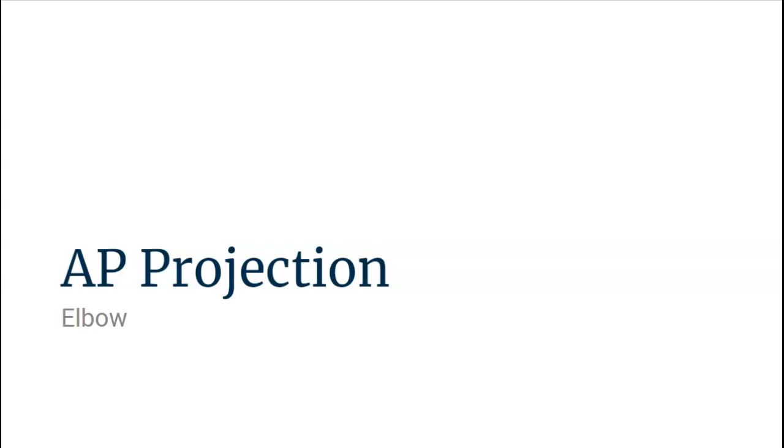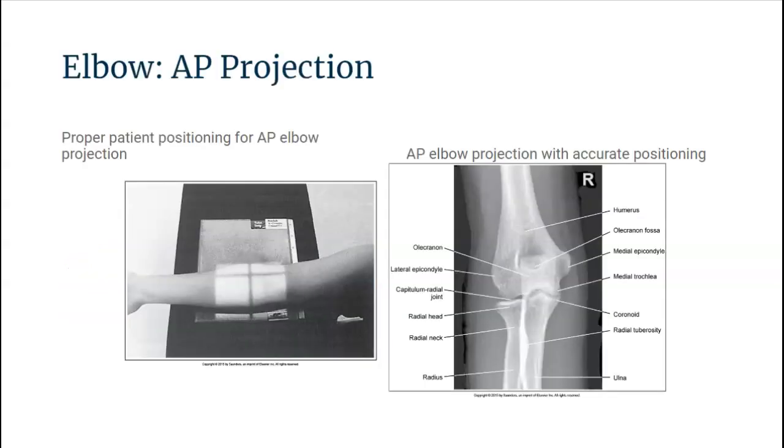Welcome to the image analysis for the elbow. Let's start with the AP projection. Image analysis guidelines for the AP projection of the elbow state that the medial and lateral humeral epicondyles are demonstrated